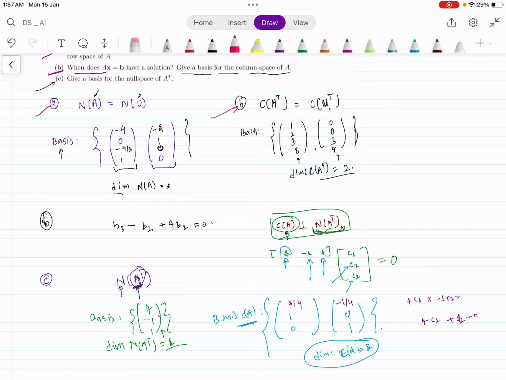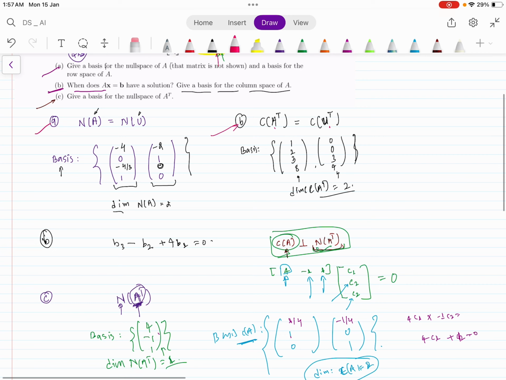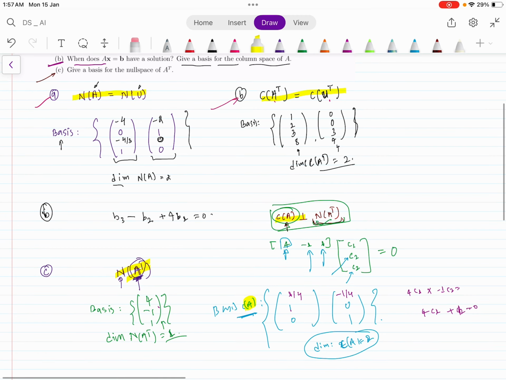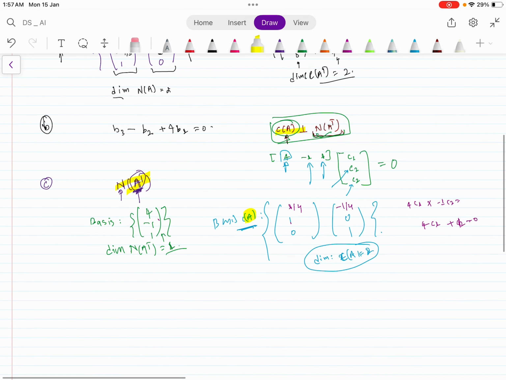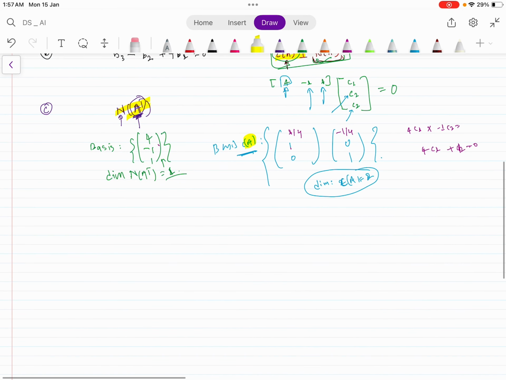So U will have a different column space, A will have a different column space. And also what we looked at through this question is all the 4 fundamental subspaces, right? So that is all about this question. We will look at more questions on